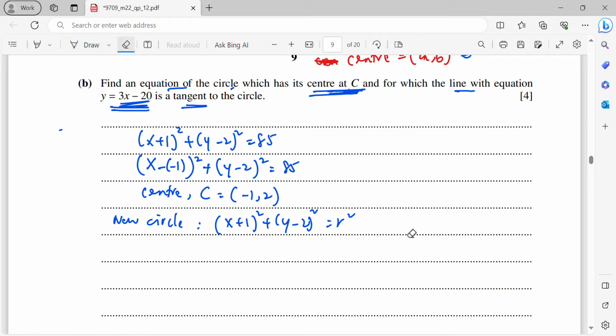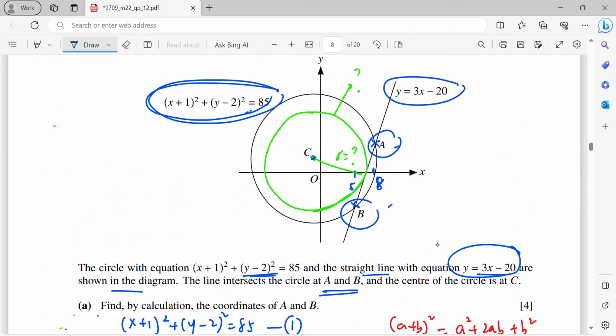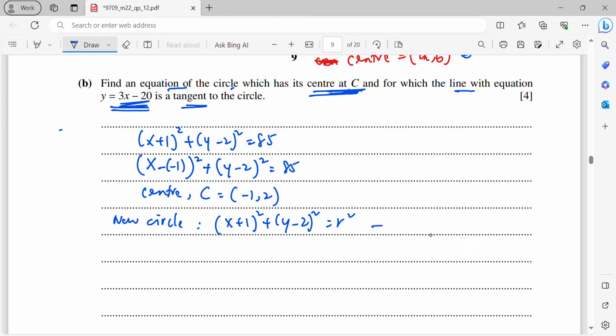Okay, then at the same time, this is also intersecting with the straight line at one point, so that it will be a tangent line. Alright, so now I will say, let's say this is the first equation, then the y equals to 3x minus 20 is the second equation. Now I need to solve the simultaneous of these two equations and make sure only one